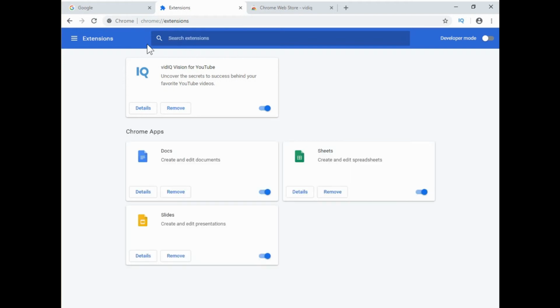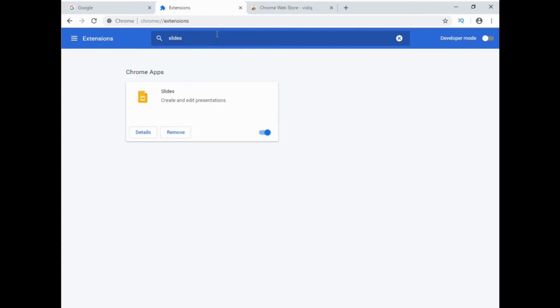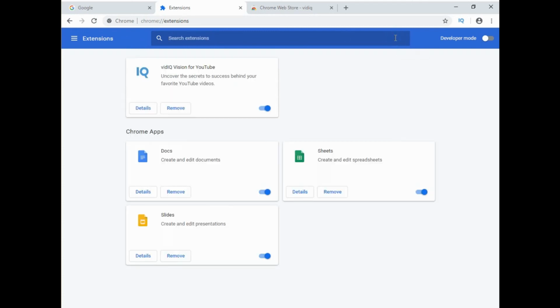If you had a lot of extensions in here and you're trying to find one in particular, you can just type it in and it'll take you right there. And so that's pretty much it for adding and removing extensions in Chrome.